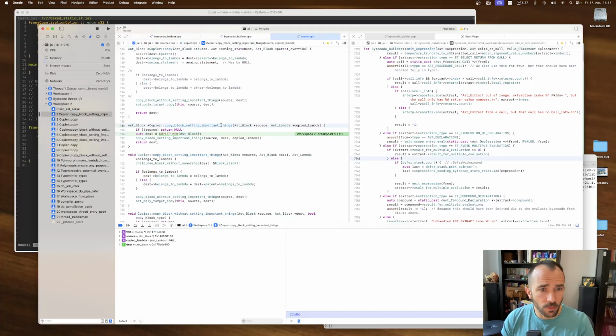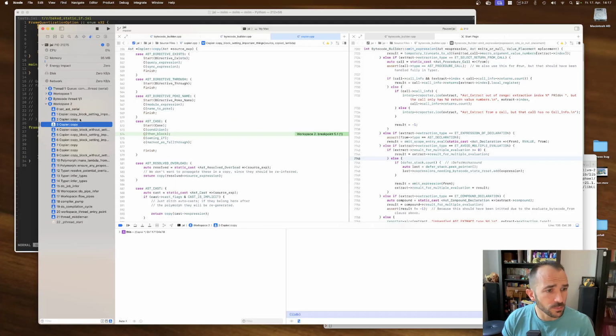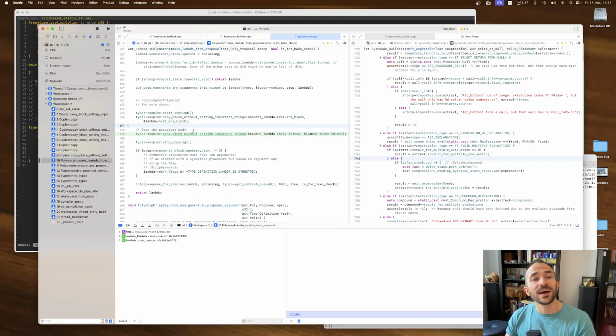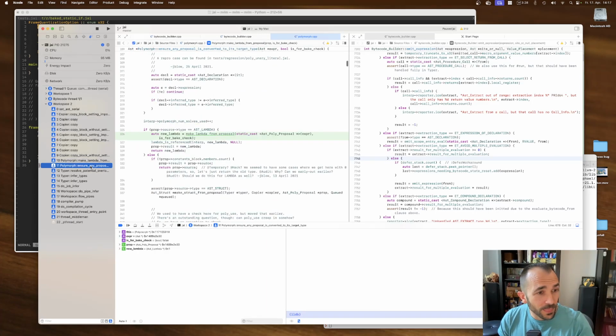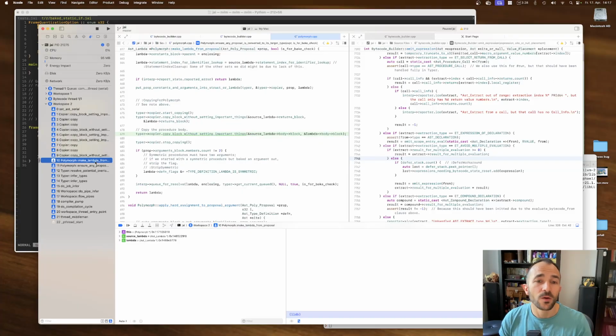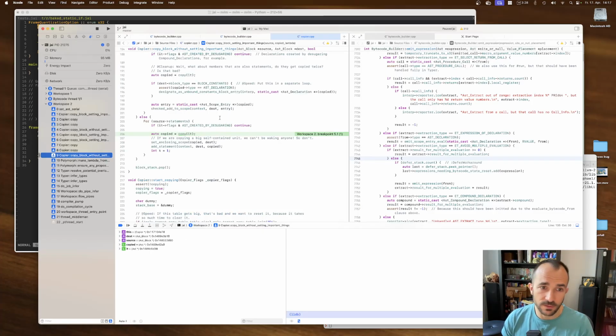Copy block settings. Copy block setting important things. Oh, so that's why it's important that it's a polymorphic procedure. So we should change the name of the test to include polymorphic or something. Well, bake implies polymorphic. Okay. So if it's a polymorphic procedure, we're gonna make a copy of the concrete instantiation. And when we make the copy of the static if, we don't set up the blocks correctly. And that's why things blow up afterwards.